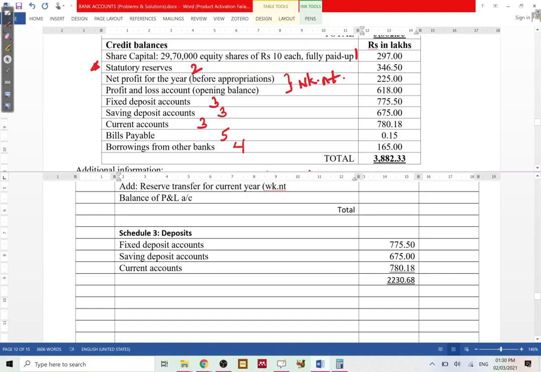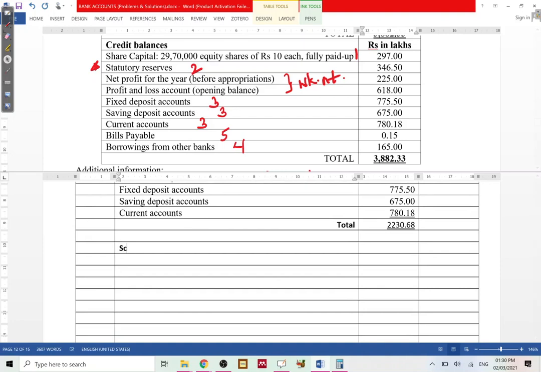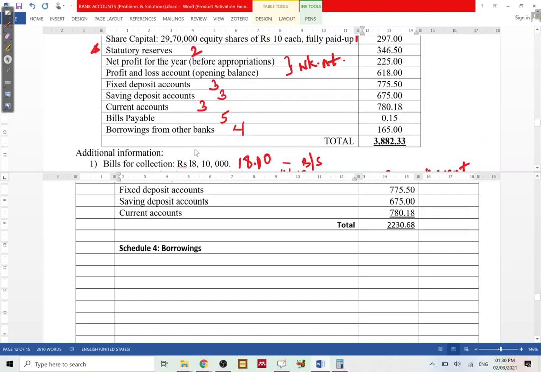There are different ways you can do this. You can either go about posting everything first, and then towards the end, once everything is posted, no other working notes are there, no other additions are there, that time you can make the totals. Alternatively, you can do the totals if you are very sure that no other items need to be added here. So you have schedule 4, borrowings,